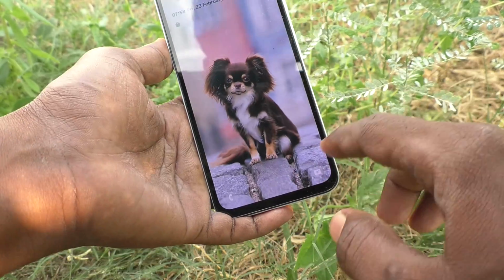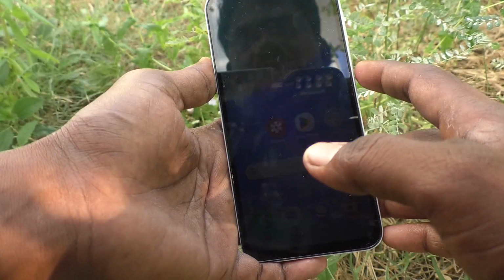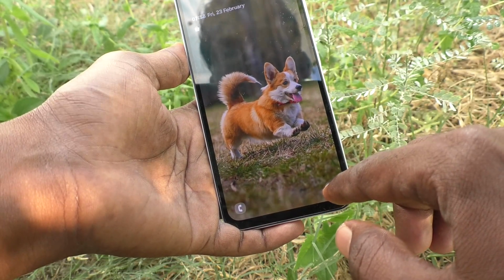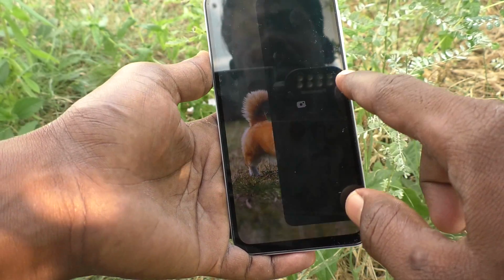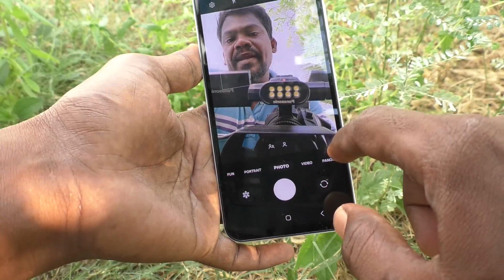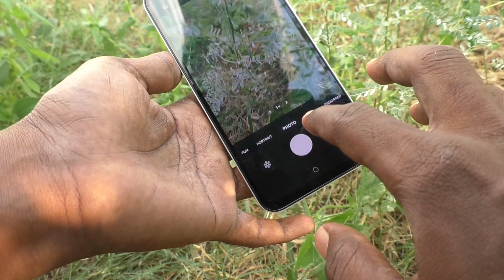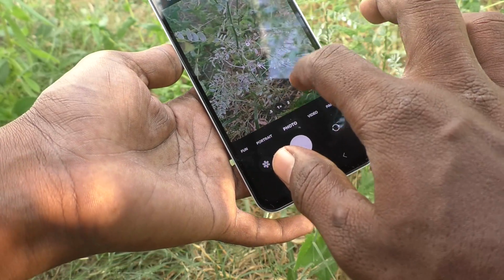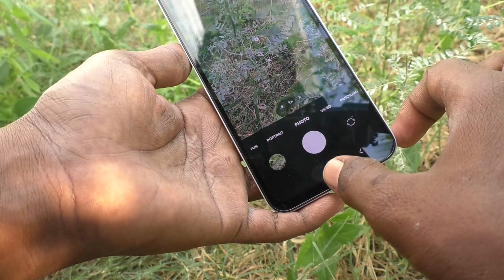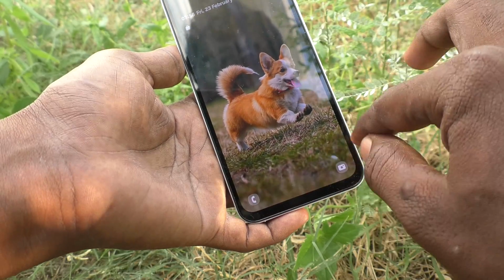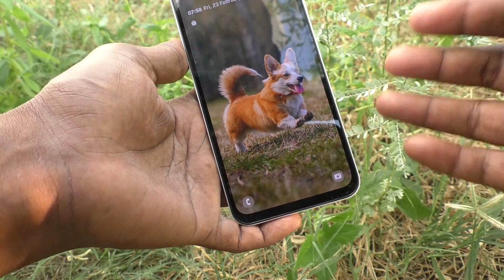Okay, bottom right side, you will see camera shortcut. See here. If you swipe up from here, camera will be directly opened. Okay, you can easily access camera without unlocking your phone. Okay, so if you want to remove this shortcut from lock screen or replace this shortcut with another one, yes,